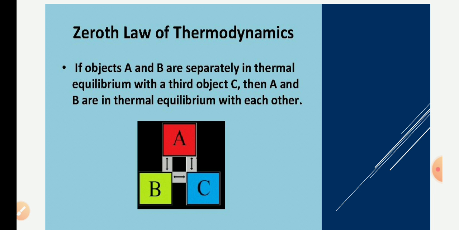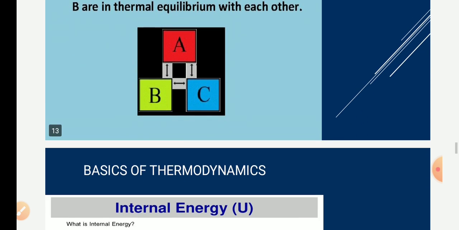So A and B are also in thermal equilibrium with each other. This is called the zeroth law of thermodynamics. From this zeroth law of thermodynamics, we define temperature and we get the concepts of heat and temperature. Now next,